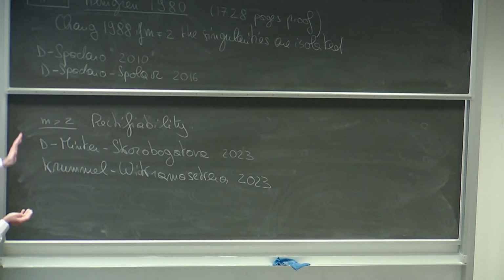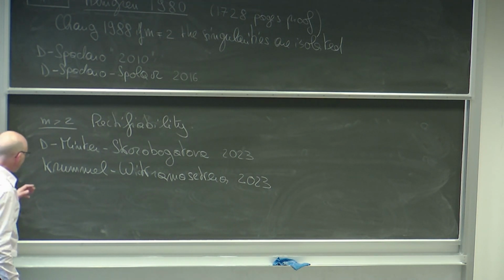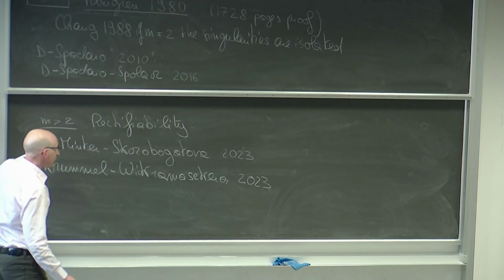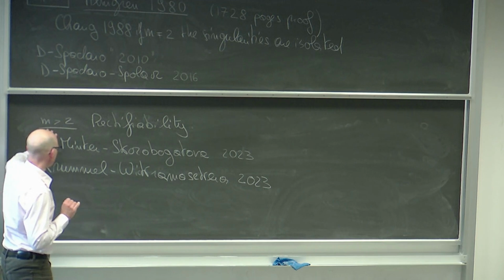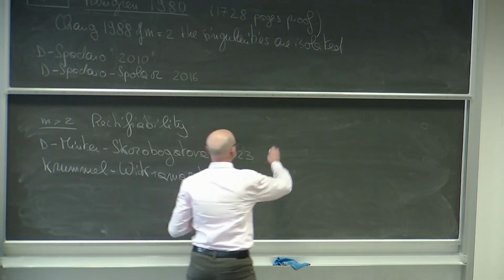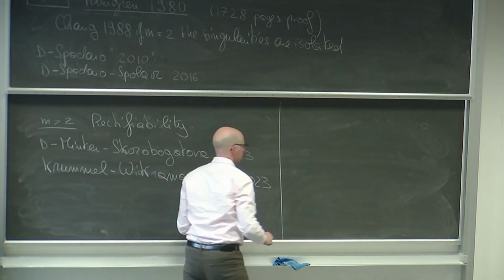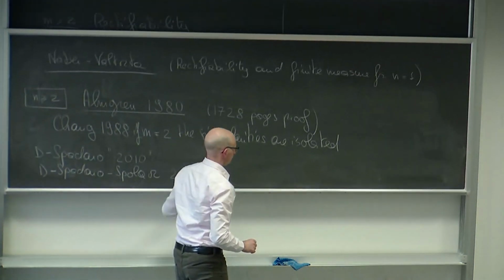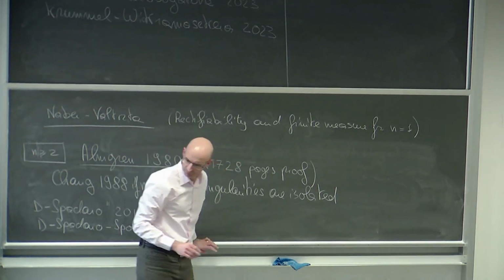So why did it take 1,700 pages for Almgren? What is the challenge that you're facing when you want to prove a dimension bound? And then secondly, what have we done which allows us to get to the rectifiability, which was considered, for interior regularity, the biggest open problem in this particular subject. Okay, so that's what I'm trying to do.